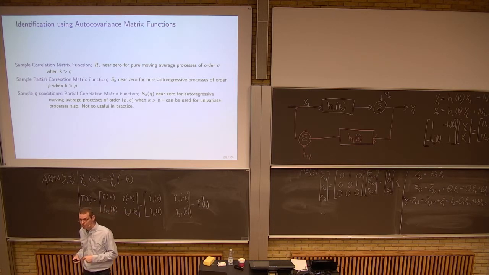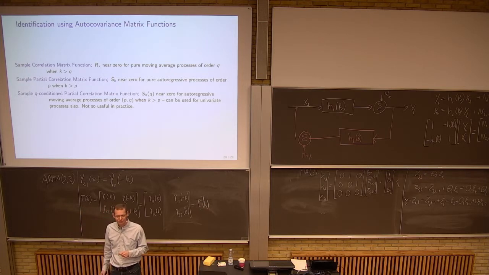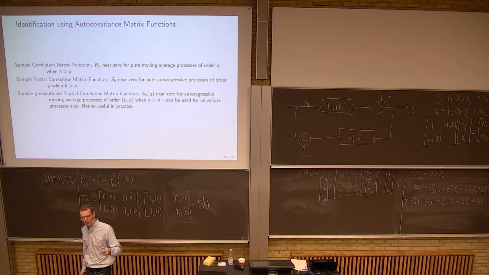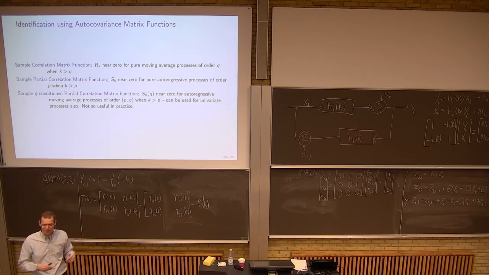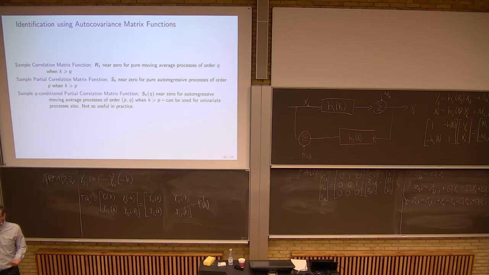is 1 over n, sorry. And thereby what we look at is plus minus 2 over the square root of n. That's the 95% confidence interval that is drawn whenever we look at the autocorrelation function. So we have pretty much the same thing here as we did for the univariate model, the so-called golden ARIMA table, or ARMA table. So when we have a pure moving average model, and we look at the sample autocorrelation,